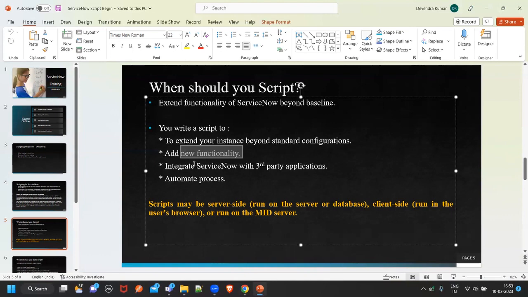ServiceNow is moving towards low code now, wherein more customization is possible. You should be able to achieve things via just customization, writing very minimal code. That's it. Or if you have to do certain process automation, for example,